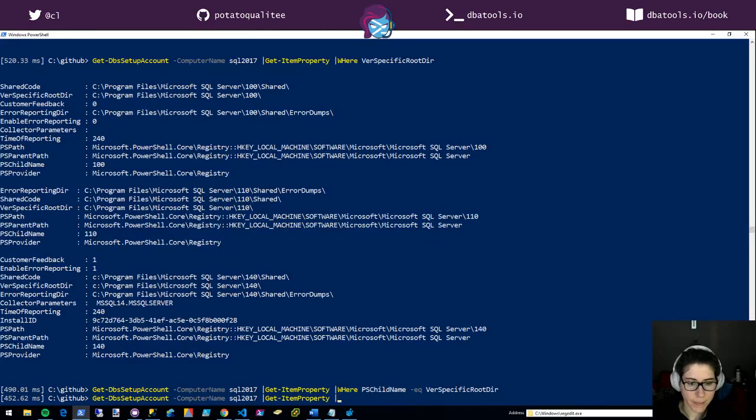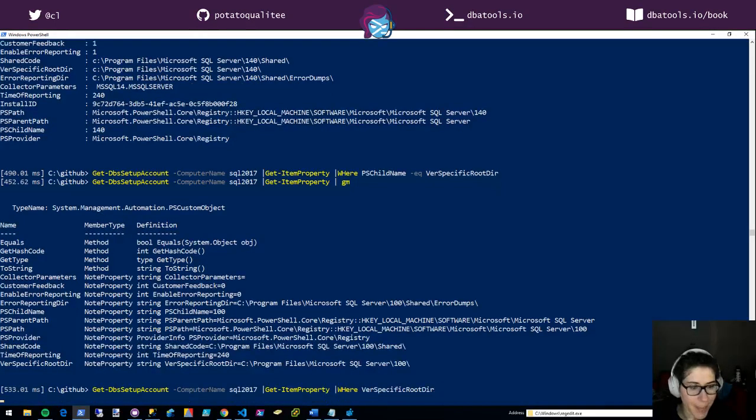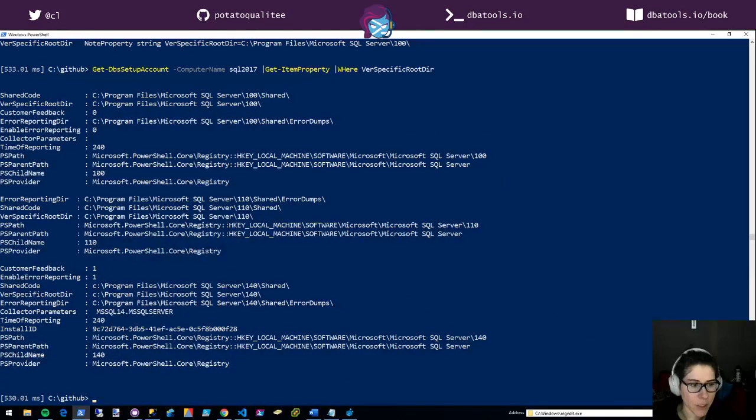Okay, let's do GM. The get member. So I'm looking at all the things that it's providing me. It's providing me for a specific root dir. And basically what I'm saying here is where ver specific root dir, like where it exists.